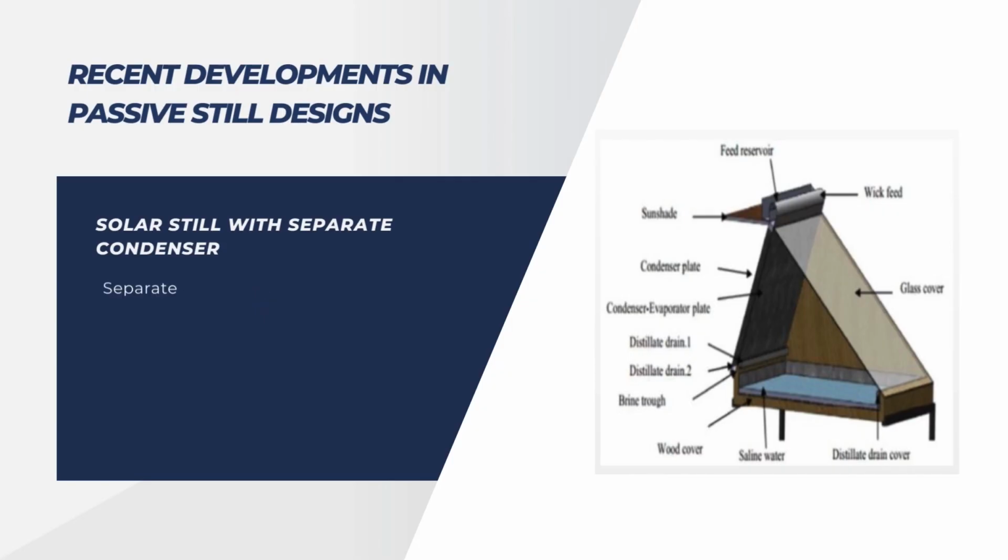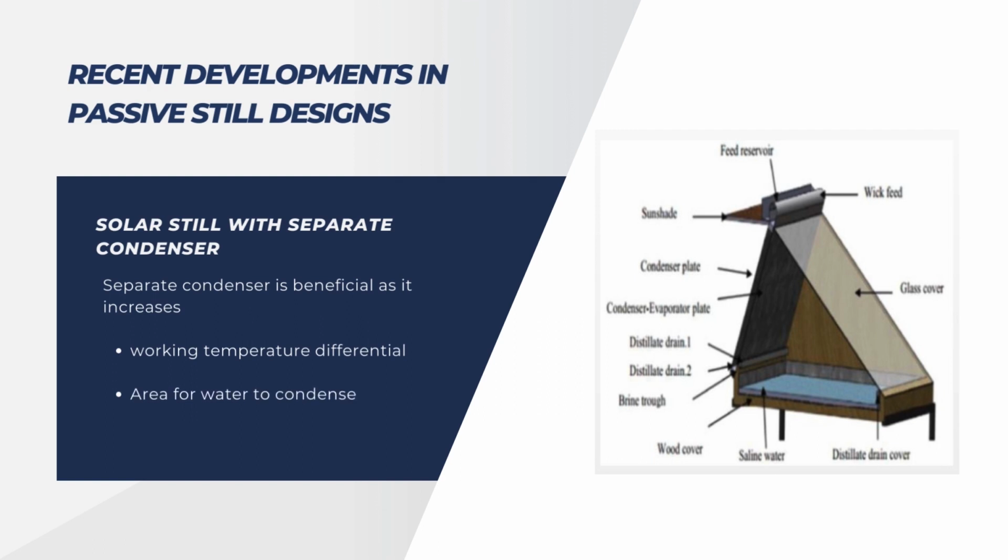Another one is the solar still with a separate condenser, in which the separate condenser, other than the conventional glass cover through which radiation is received, helps to increase the temperature differential between the basin water and the condenser cover, which leads to an increased rate of condensation and enhances the amount of distillate output produced per unit area. Normally, the separate condenser is kept under shadow. No sunlight falls on the separate condenser, and normally it is metallic,